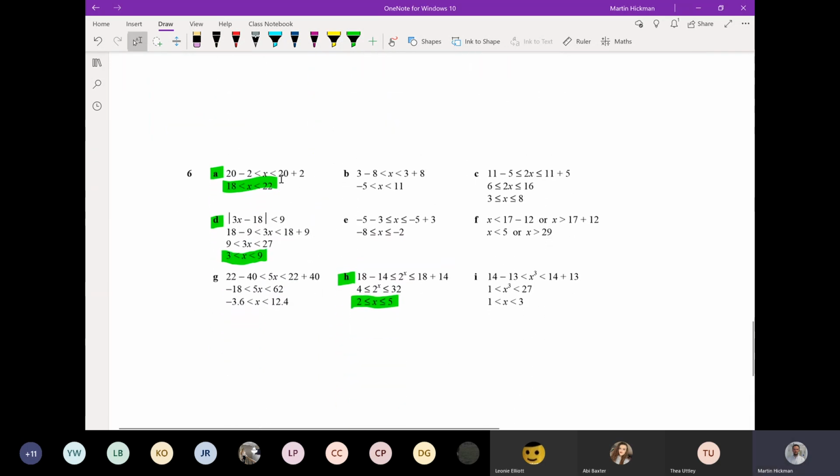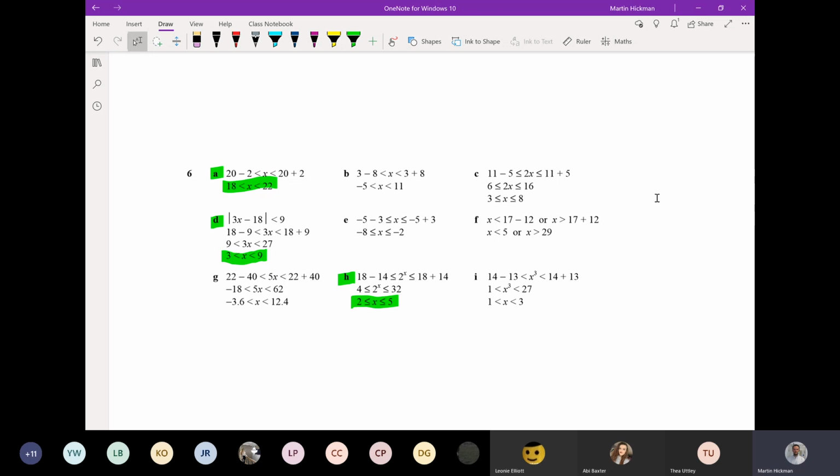So they've done it a slightly different way. They've just done it all in a couple of lines. And I know they haven't done sketches here for these solutions, but hopefully you can see the answers. So we should have x is between 18 and 22, but there should be less than signs then, for part A, then between 3 and 9 for part D, and then for H we get between,